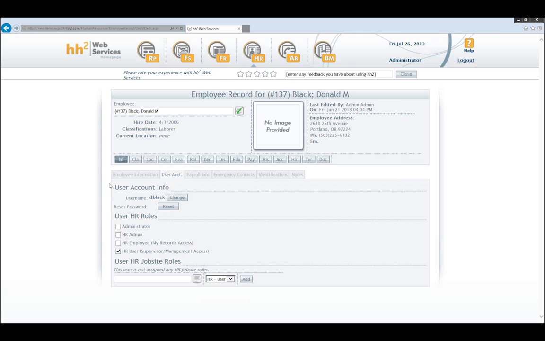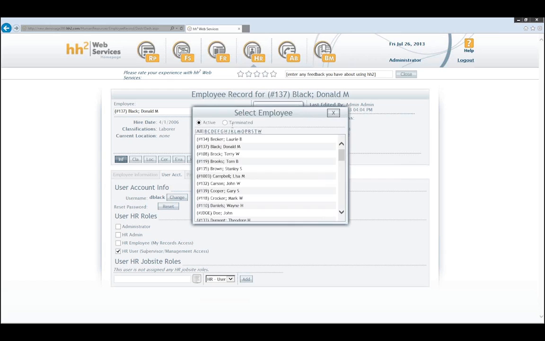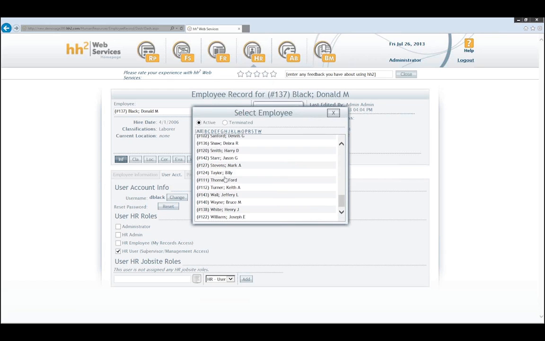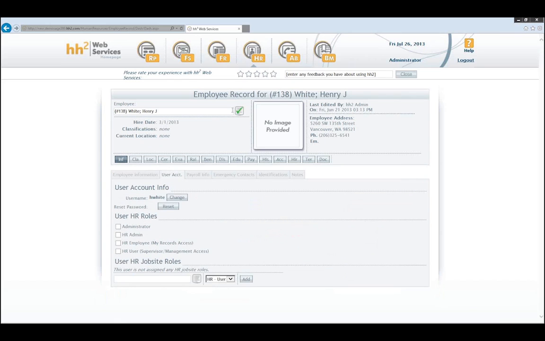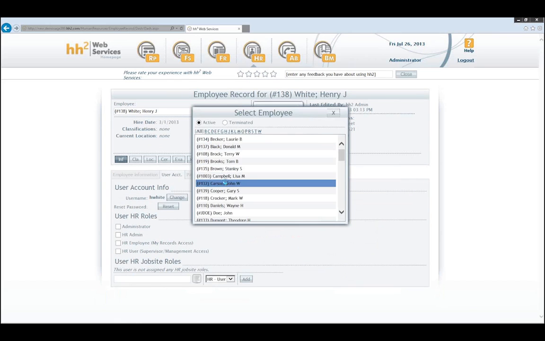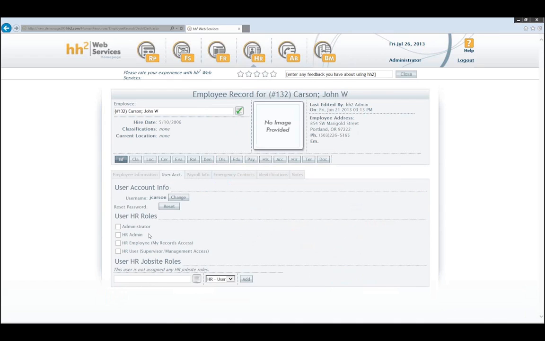Now if you do not see this area here, and you see down at the bottom it's asking for a username and an email address, it means that we do not have a user account set up for that person yet. I'll see if I can pull someone up that may not have one. Looks like most of our employees that we've set up in the system have user accounts, but you'll know exactly what I'm talking about because it'll say username, and you can change that. By default, we use first initial, last name,